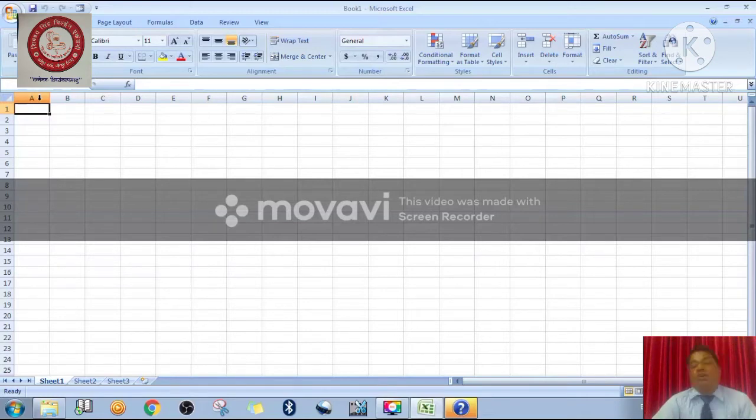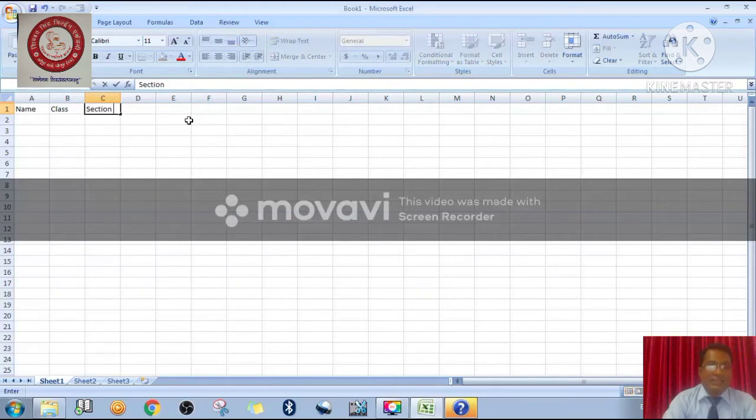Okay. So now students, this is the way to enter your data. Now I am going to type. Suppose this is the active cell. Now if I want to type like this, Name, then I press the Tab key, then Class, then I press the Tab key. So right now you can use your Tab key to go to the adjoining cell. Now I have pressed the Enter button.